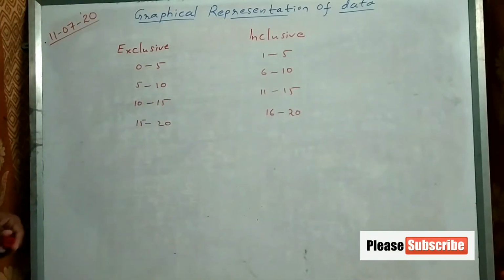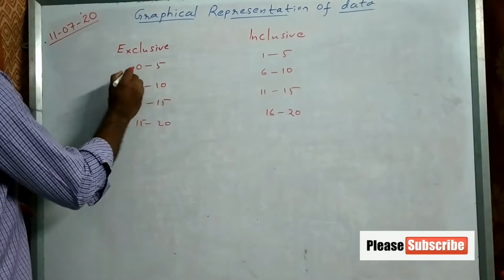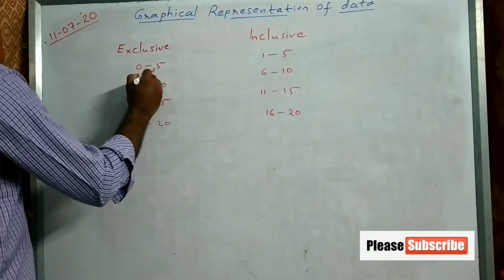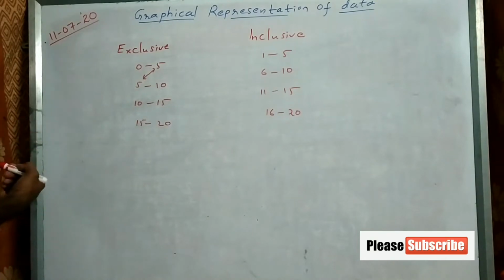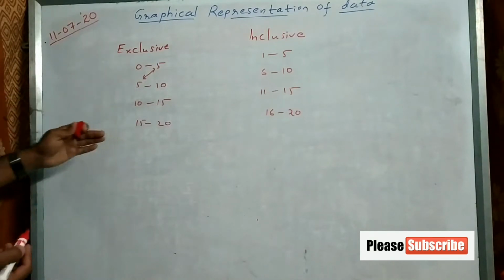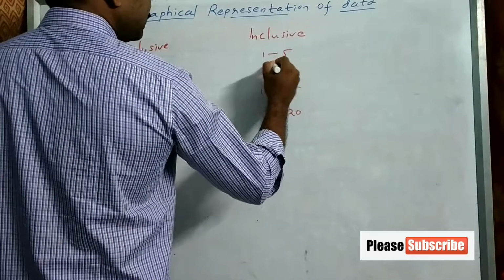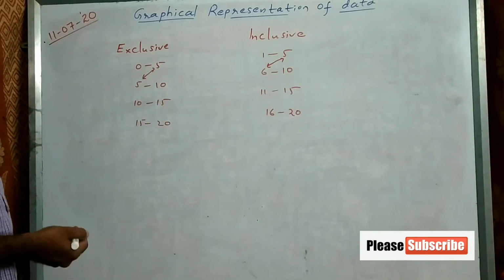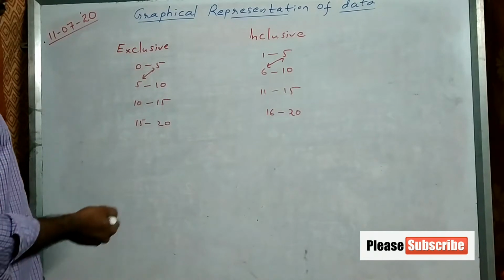See, what did you observe as the difference here? So, these are all classes. Upper limit of the first class and lower limit of the second class. If both are equal, then we say that it is called continuous classes or exclusive data. If both are not the same, then we say that it is inclusive data, or discontinuous classes.